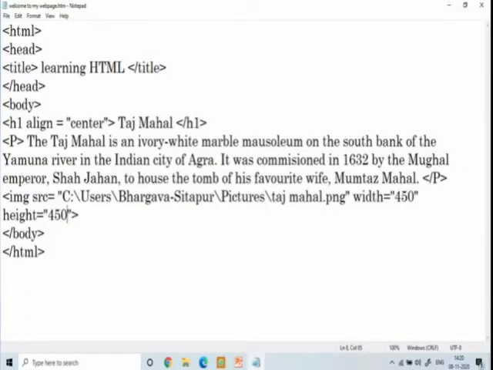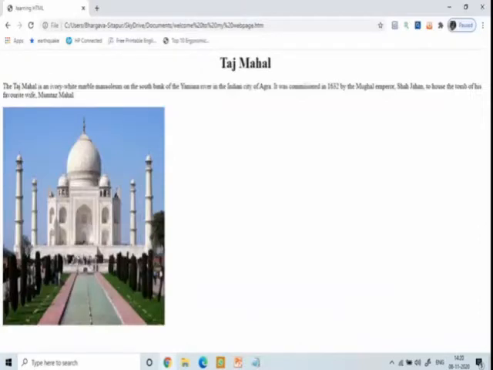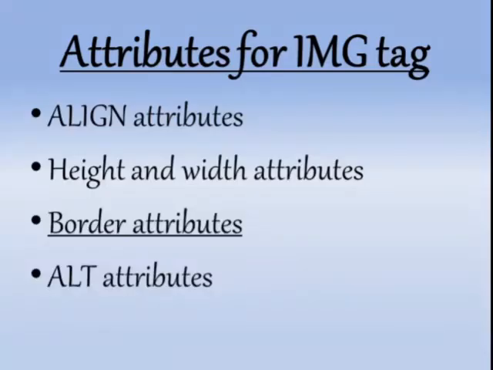Now children, you can see this is the coding, and in this again you have to see img src tag. In this we have given the address of the picture which we want to see with the width 450 and the height 450. So children, we have given the height and width as 450, and then we have closed the tag. Now we will save this file and open it in the browser, and you will be able to see this picture with this height and width, which is 450.